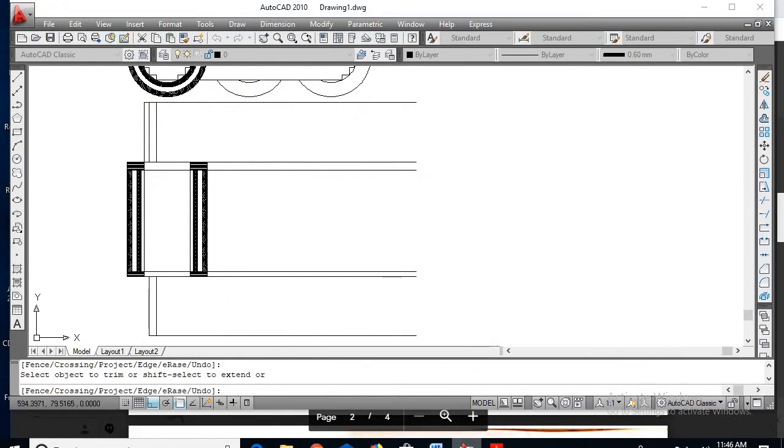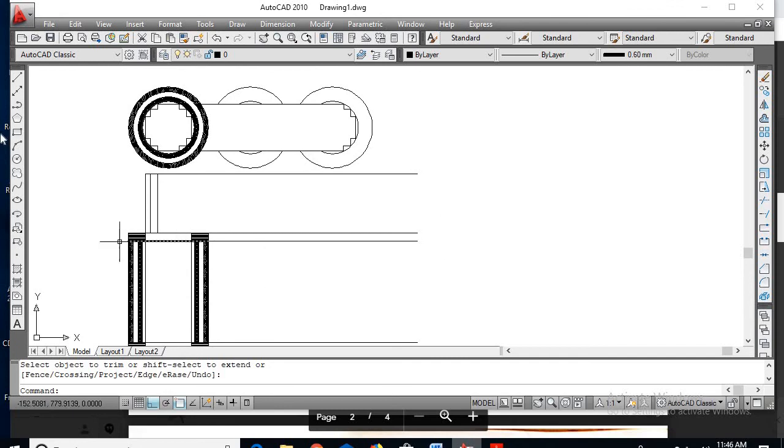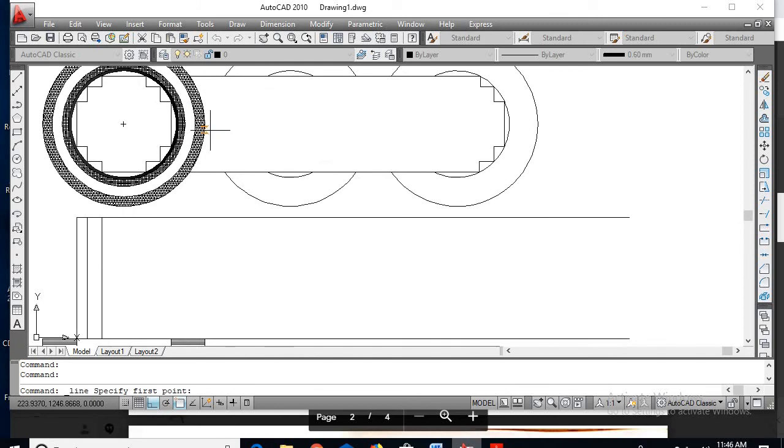For diagram, so go for line, from the middle of the circle, take a extend.